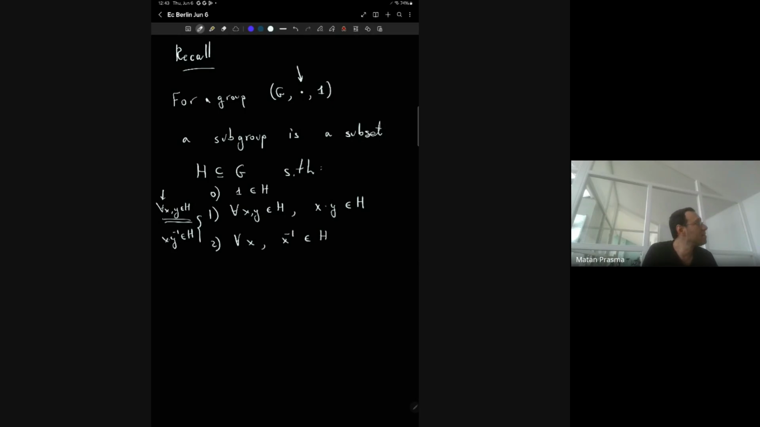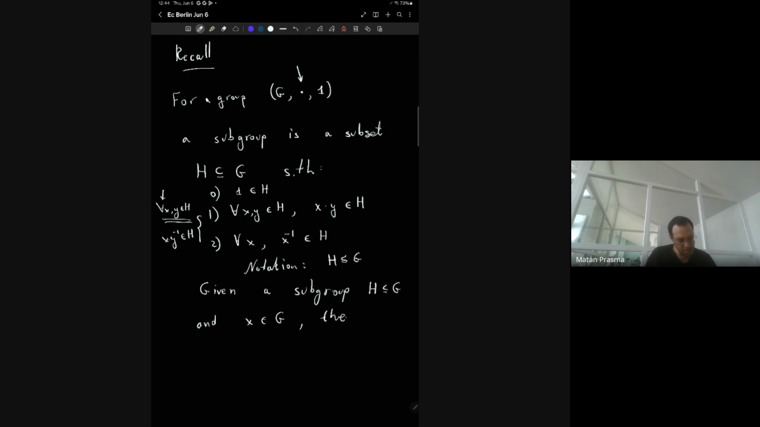And given a subgroup H of G, I forgot to say this is denoted with this smaller-equal relation. And given a subgroup H of G and an element X in G,